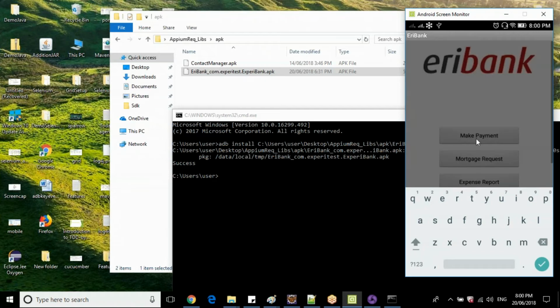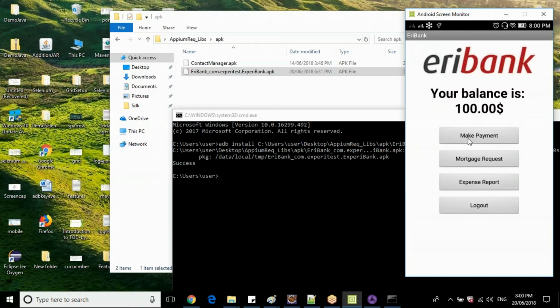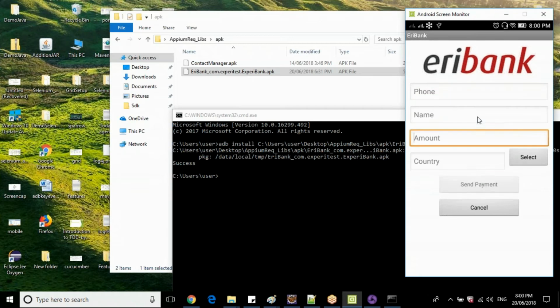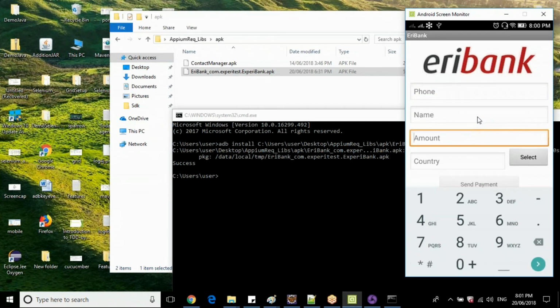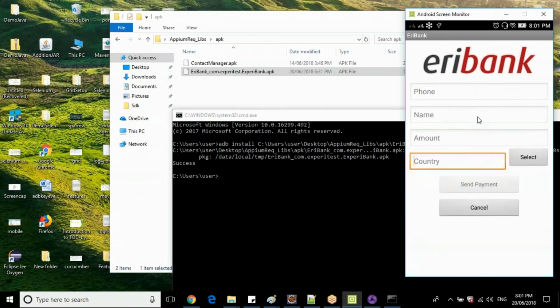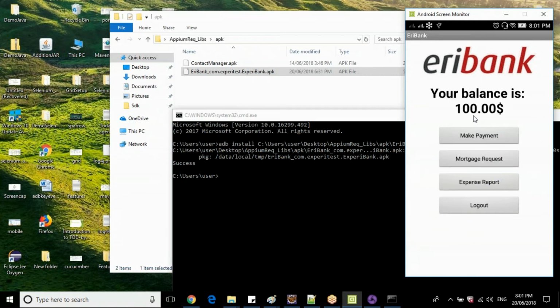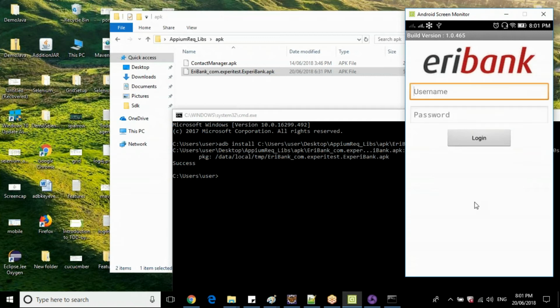Then we have some options like make a payment, mortgage, register. Initially we will have a $100 balance. If you do some payment, then on the server this amount will automatically be reduced. So this is a sample hybrid application, native cum hybrid application. Let's do login and logout for this one. Just click on logout, it will come back to the login screen. Okay.